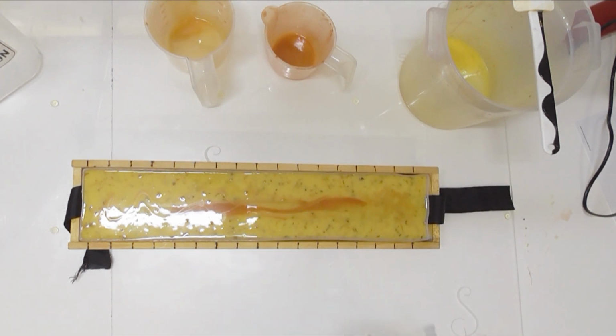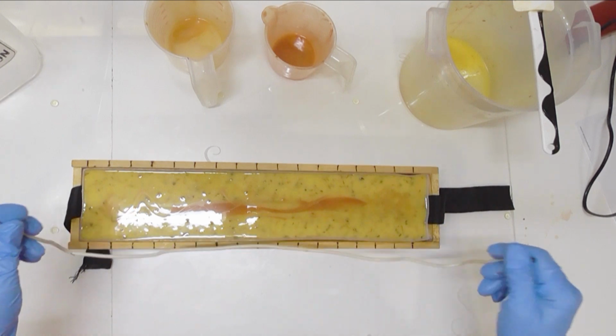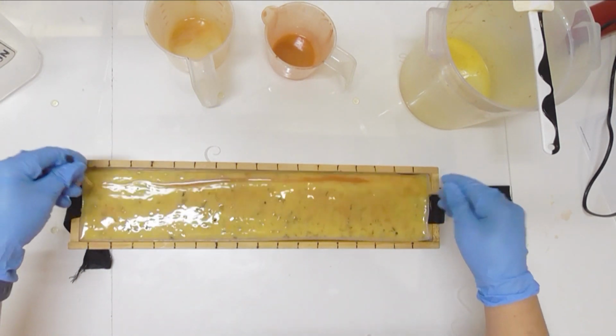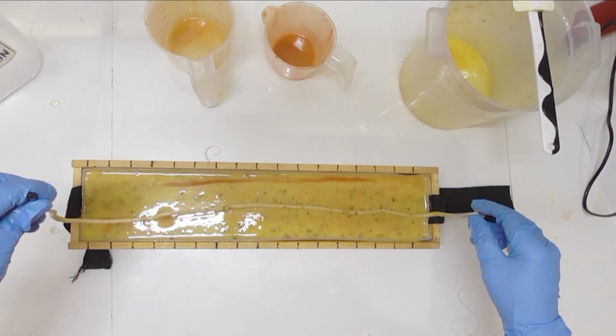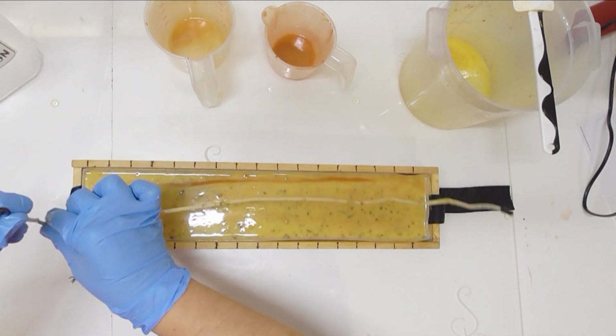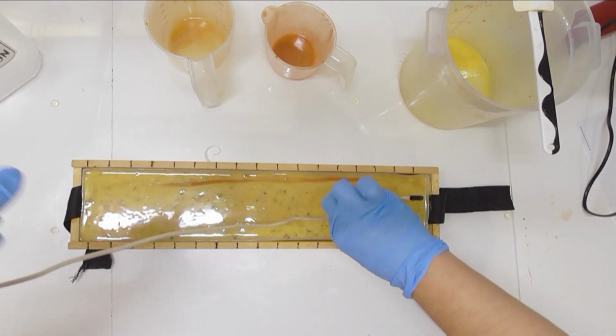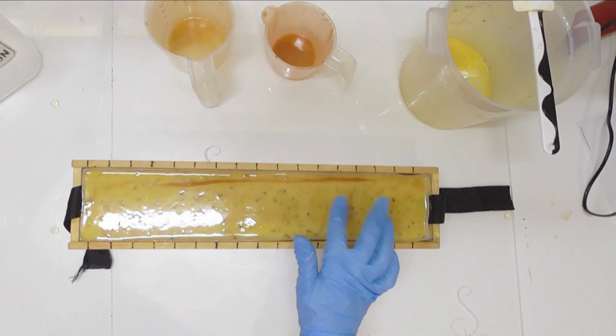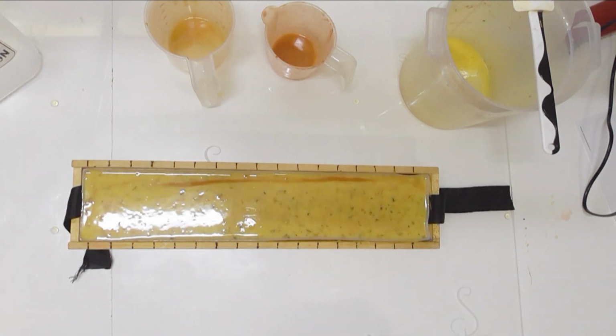I am also going to run the hanger through there just because we have got such a fluid soap. I think we might get a few nice swirls if I do so. We won't go too much because I don't want to completely muddy it up. In fact, that is almost like water, which compared to the other soap,